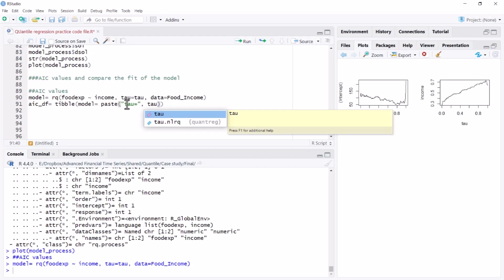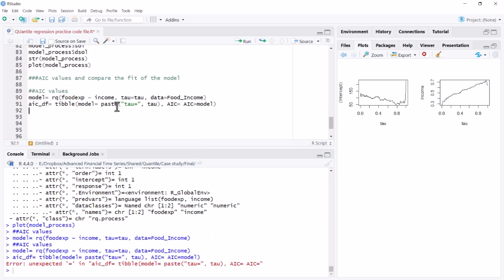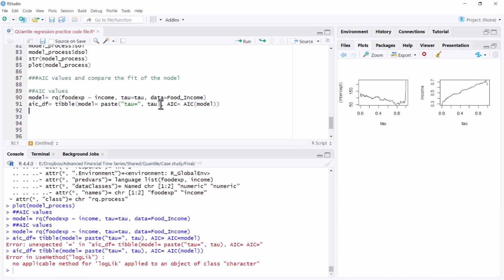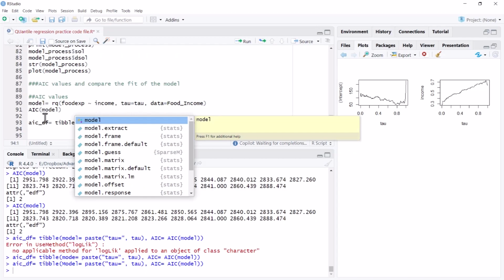The quantile values will be pasted, and for AIC, I'll use the AIC of the model, the model that I have already run here. Now I need to provide the AIC of the model. So let's call it model, and if I run it, let me print it.